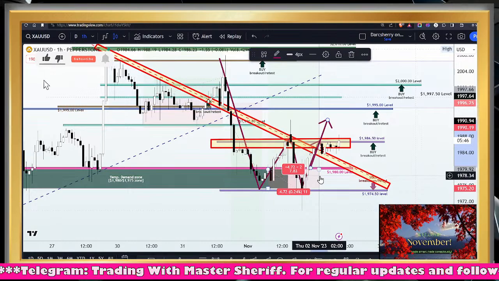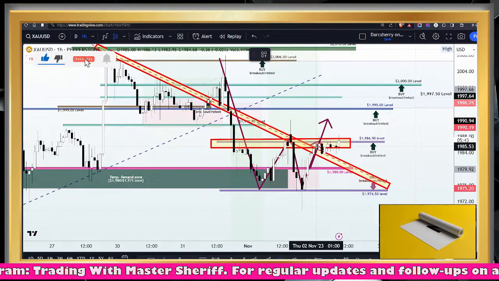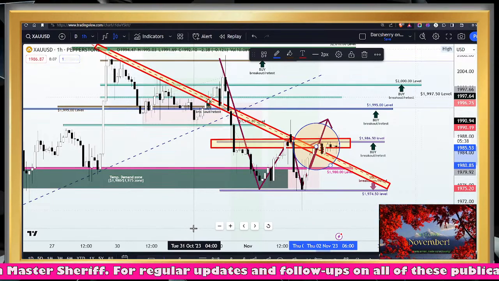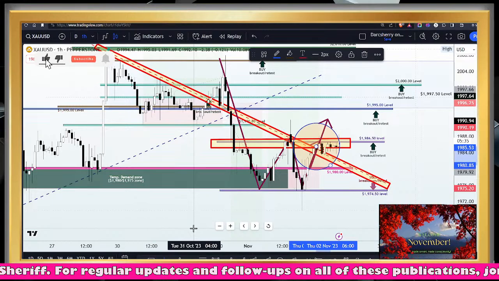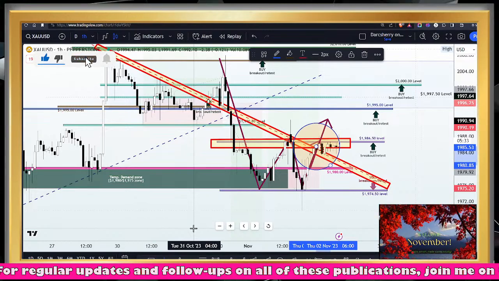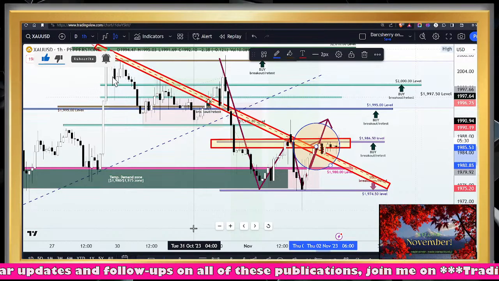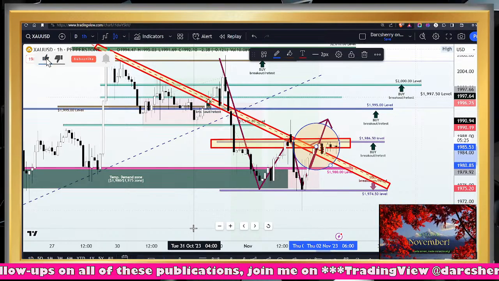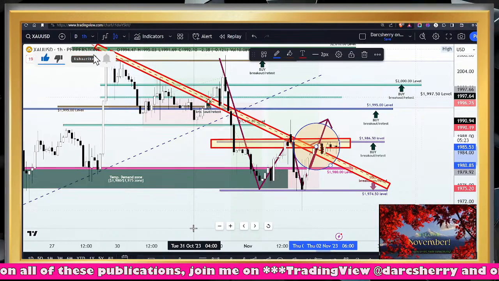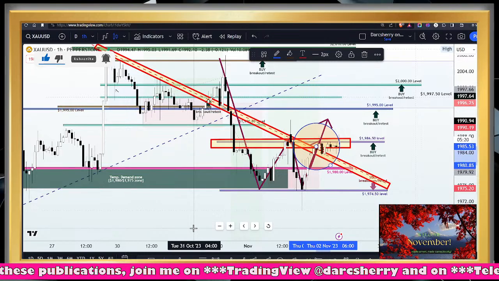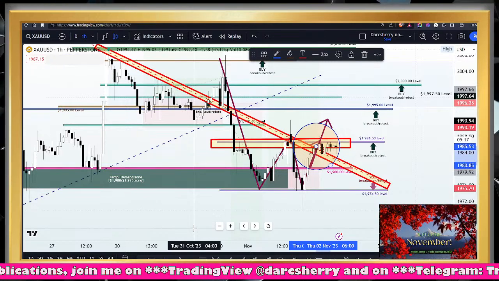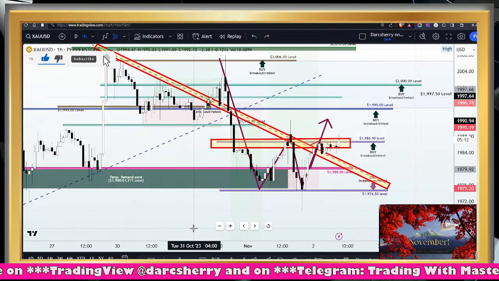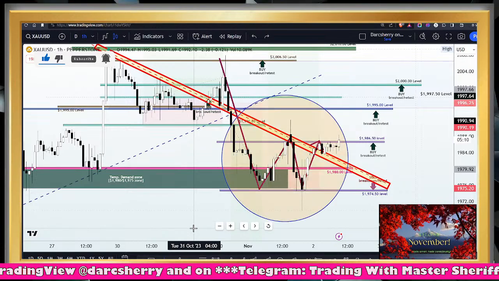One interesting thing about the neckline is how it shares a beautiful confluence with that descending trend line. So if price action breaks out of both the descending trend line and that neckline, I want to feel confident buying the XAUUSD, coupled with the fact that price is sitting above a robust demand zone around the 1,980 to 1,975 area, which of course has been difficult for sellers to break through since last week's trading session. So I still hold on to a bullish bias as long as price remains above that descending trend line and